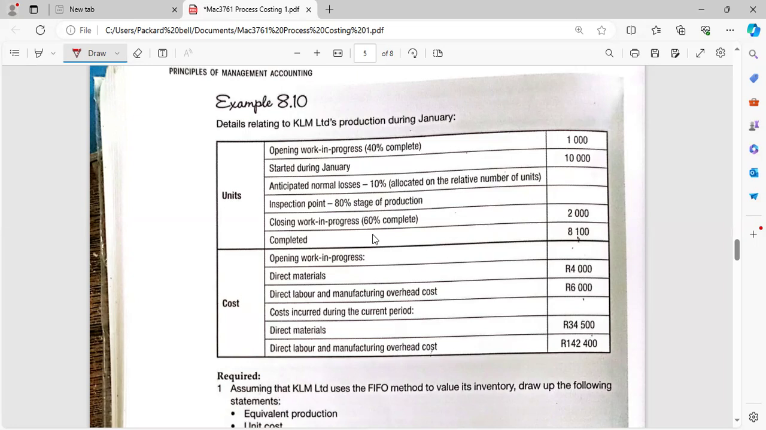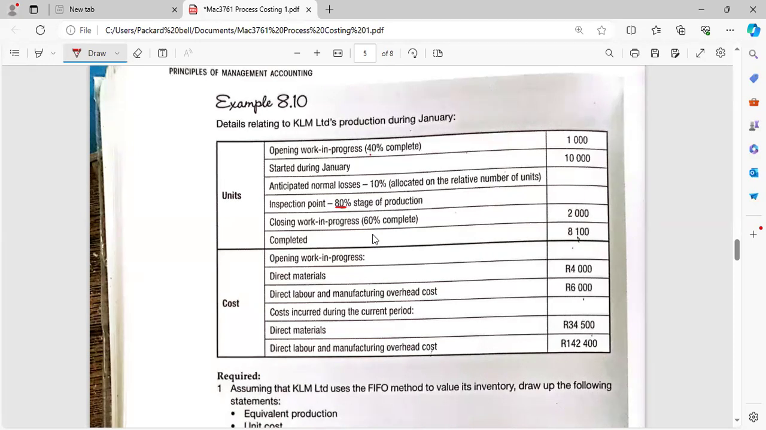The inspection point, right? This is a key figure in our process costing, the inspection point. If you check, the inspection point is 80%, which means these guys will do an inspection to determine the loss at this stage of the process. So if they are going to do it at 80% completion, you can see here,